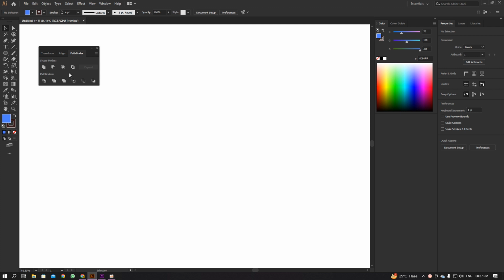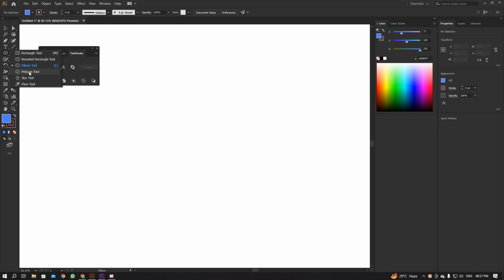The first thing that we will do is go to the polygon tool and select this polygon tool. Now if you click and drag the mouse pointer, you will see it is creating a polygon. Now if you press the upper arrow and the lower arrow, you can increase and decrease the number of points, and you can make a hexagon, a pentagon, or whatever you want, right? So let me keep it to